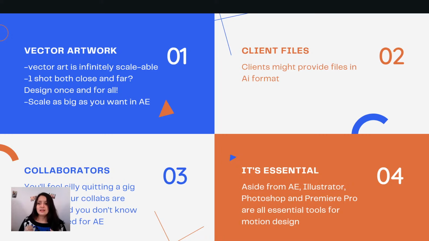For one, it's vector artwork. Vector art is infinitely scalable. That means if you make something that's this big in Adobe Illustrator, you can scale it up really huge, and you're going to be in luck because you can use it for so many different things. Let's say you, in your storyboards, have a close-up and a wide shot. You could easily just design the wide shot and then zoom in to the close-up without having to redo the